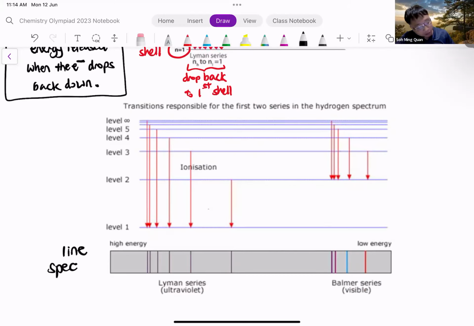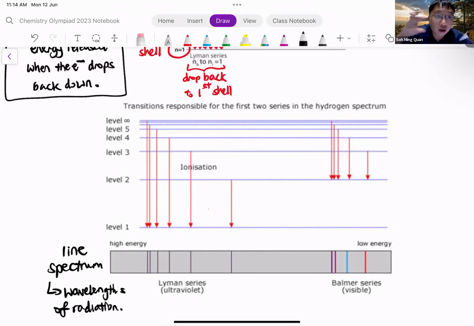The line spectrum shows you the wavelengths of the radiation. You don't just have a lot of lines joined together. They are definite fixed lines, right? So you can see that there's lines. So lines represent definite